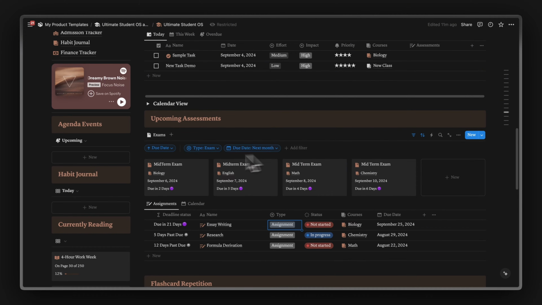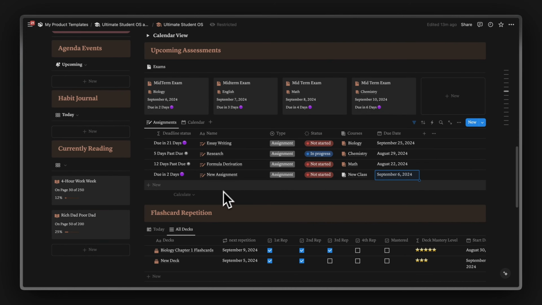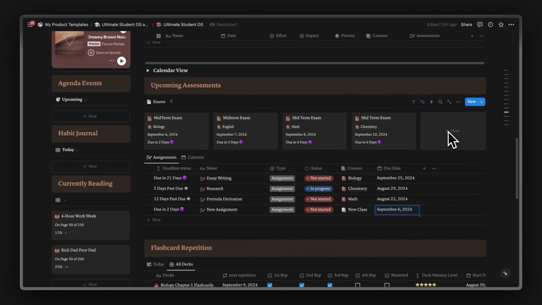There is a filter applied here that shows the exams for only the next month so that it doesn't take up a lot of space. There is also a deadline status that tells you how many days are left for that particular exam. You can also see the courses that the exam is connected to and the due date of the exam as well. If you want to add a new exam, you can add it from here,